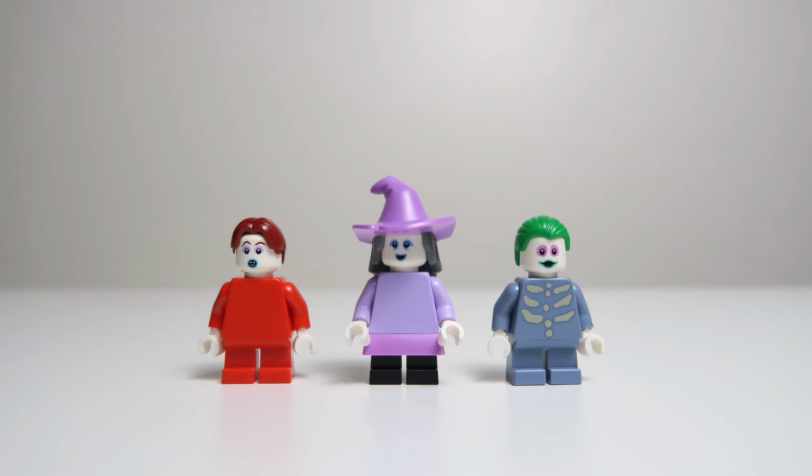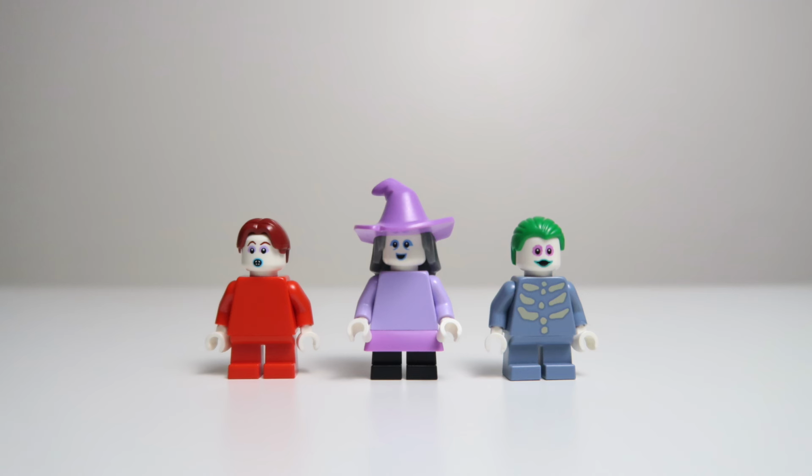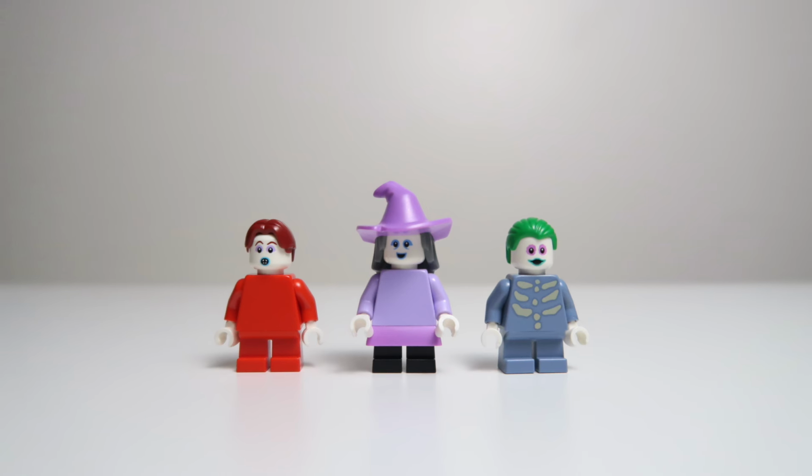One would have been to create new molds to fit over the heads, and that wasn't really possible. They just can't make molds for every single thing in a new set. And then the second way this could have been done would have been to print the masks on the headpieces themselves. And apparently when they did that, they looked absolutely demonic and creepy and jarring, and so they decided